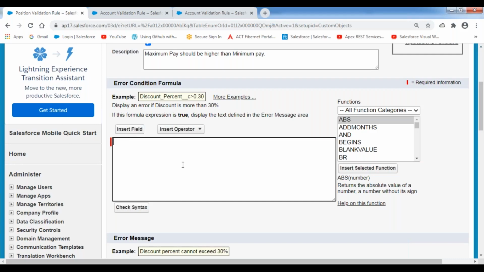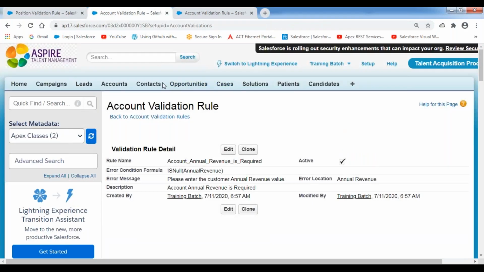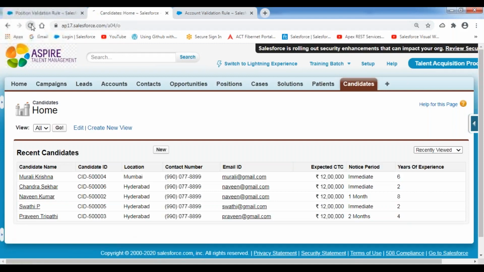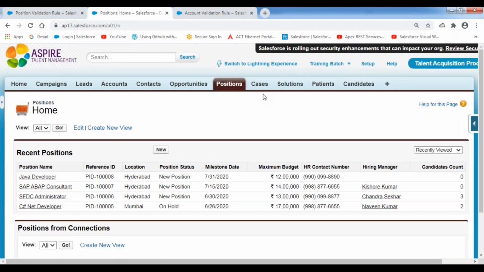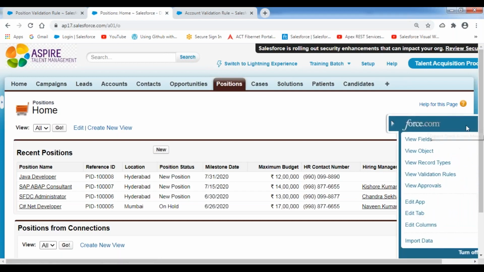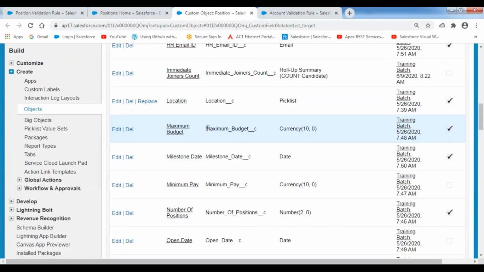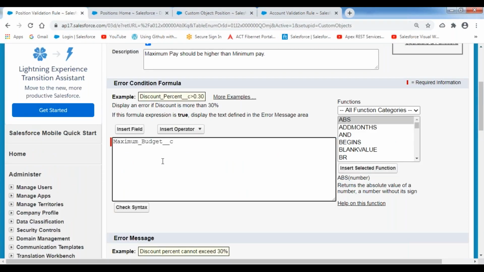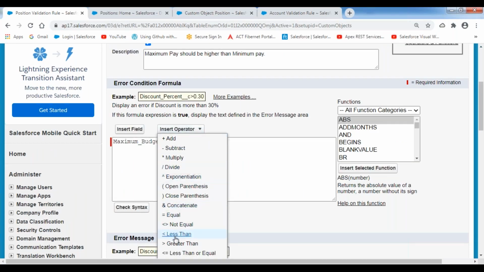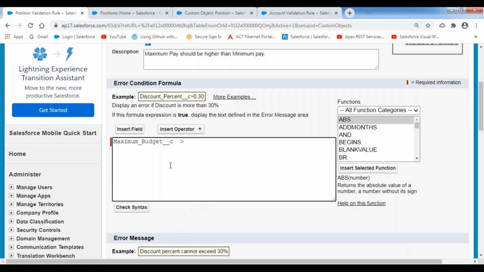Now let's see. Select the field names. What is that field name here? Click on insert field, or else go to the position object here. Click on this positions tab, go to the fields, click on view fields. What is that maximum pay field here? This is the field name, maximum budget. I want to show the error message if the maximum budget field value is less than, and here operators are there,